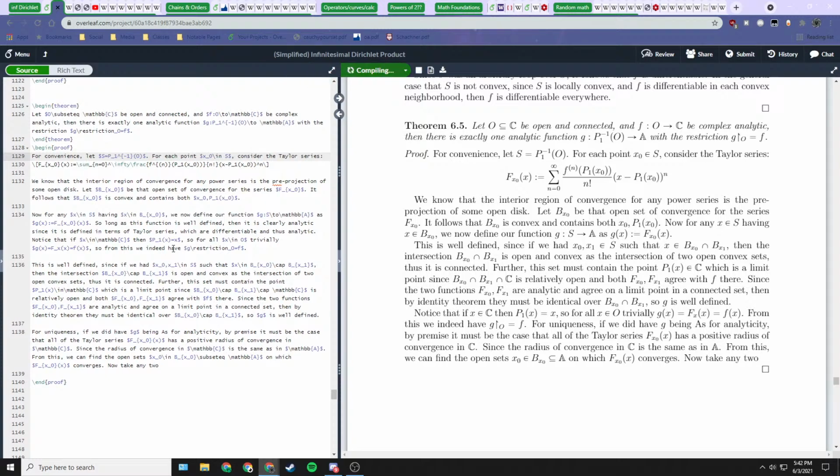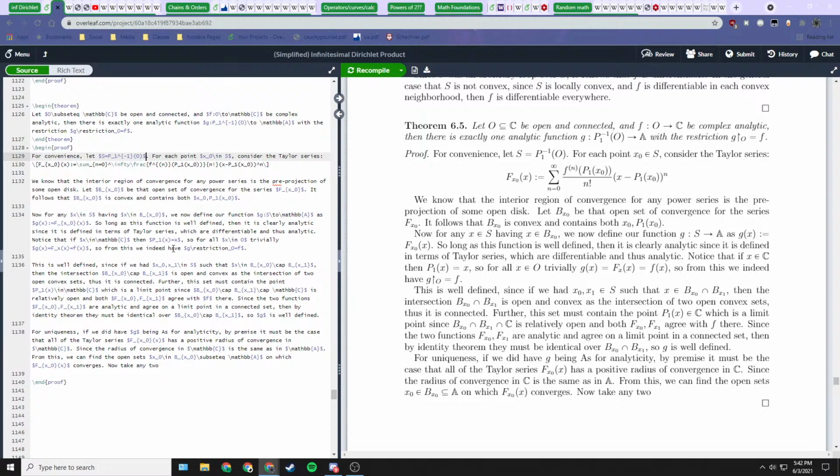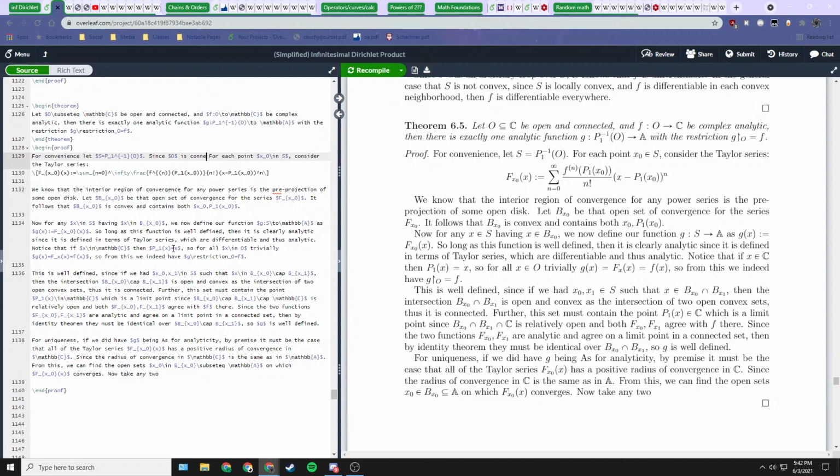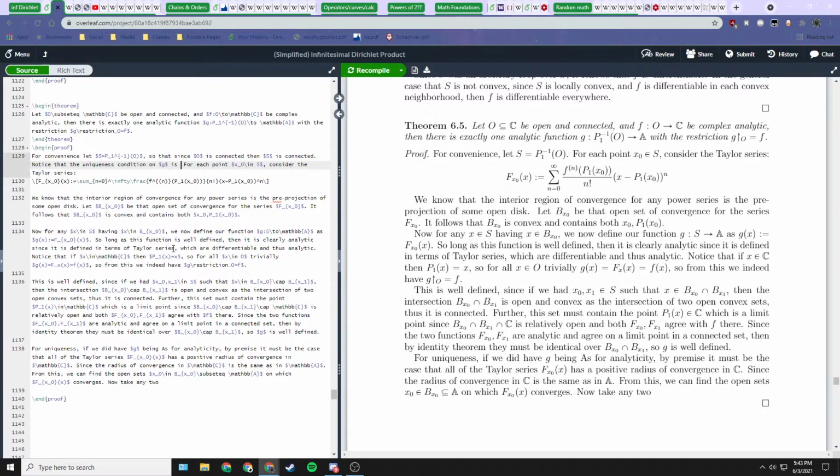Okay, so we'll put the uniqueness at the top because that one's easy. So let S be this pre-projection, and then we'll say since O is connected, then S is connected. And then notice that the key uniqueness condition on G is immediate from identity theorem so long as